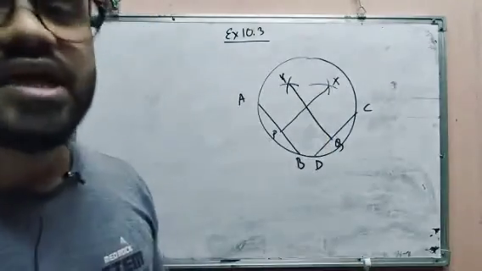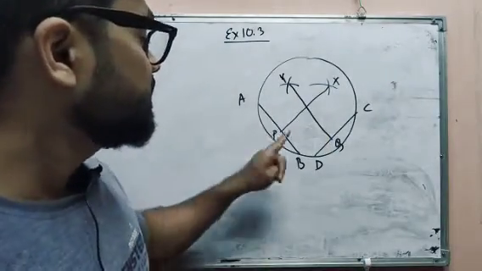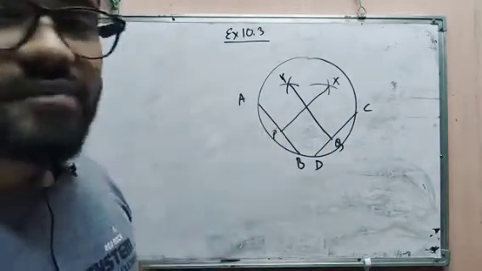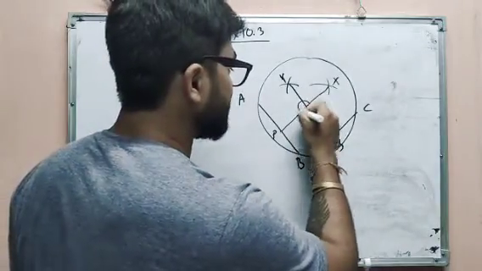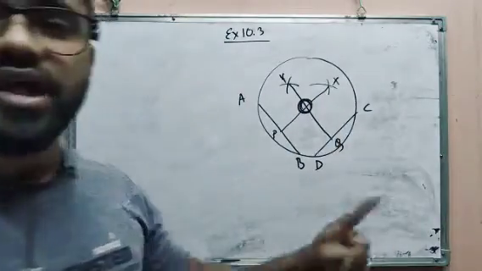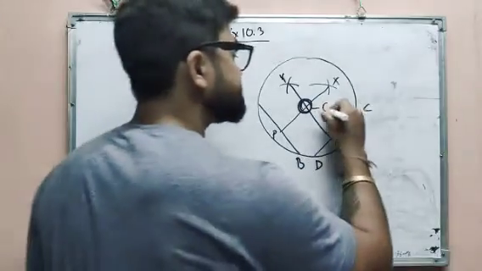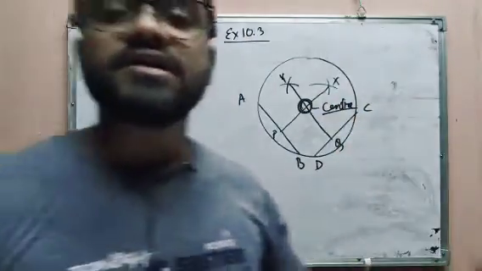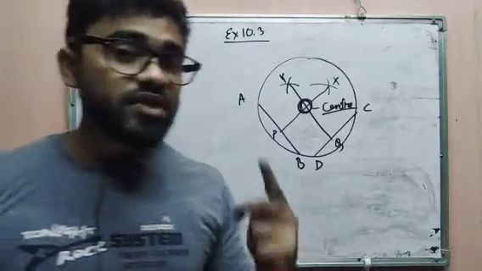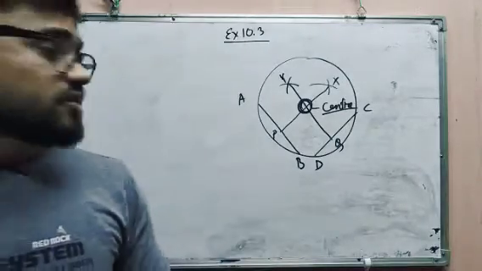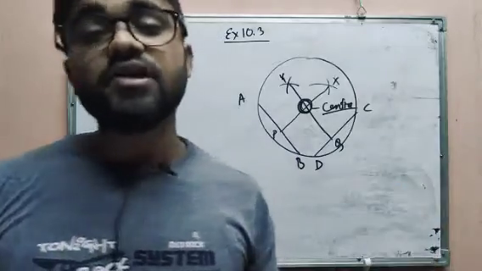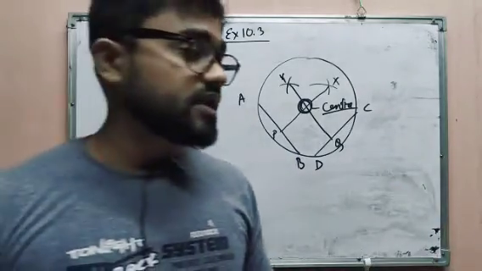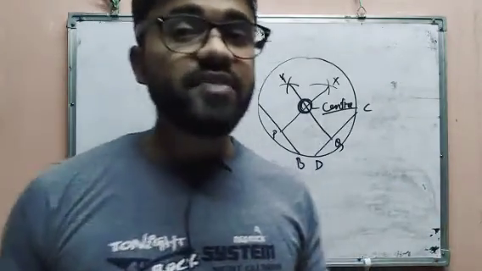These are XP and YQ. So you can clearly see that these two perpendicular bisectors intersect at this point, and this point is the center of that particular circle. Okay. So in this way you can find the center of the circle if you are given the circle and asked to find out its center. So this is the method. Okay,